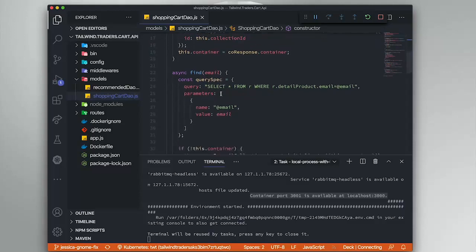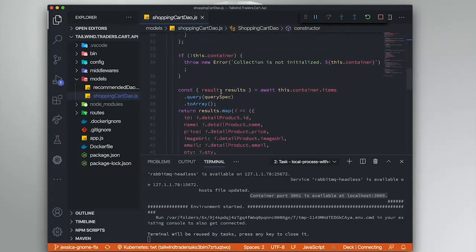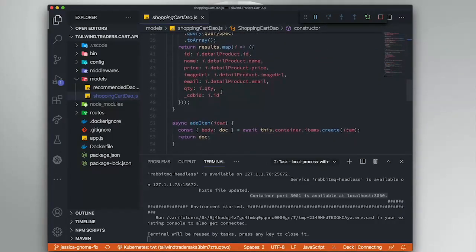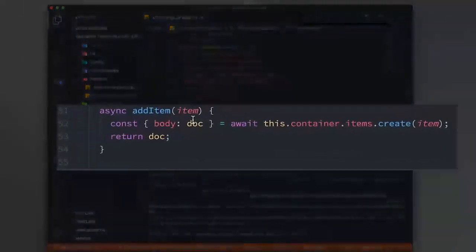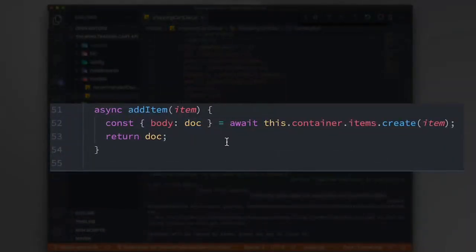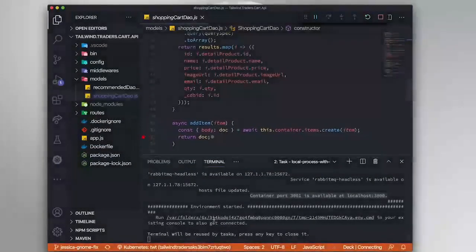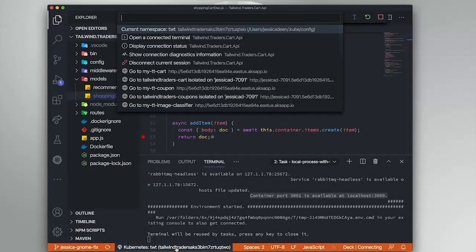Now I can drop down into that shopping cart file and I can actually start debugging as I would normally. I'm going to take a look at the different functions I have, and I see an add item asynchronous function right here on line 51. I can actually set a breakpoint on the return so I can see what it's actually getting for that doc